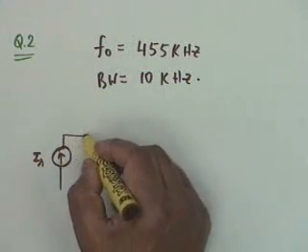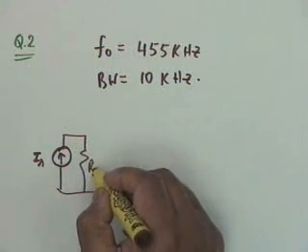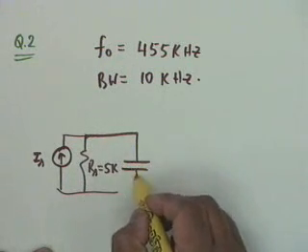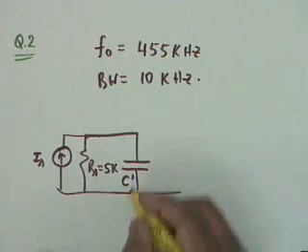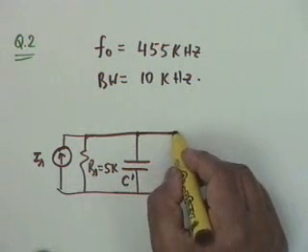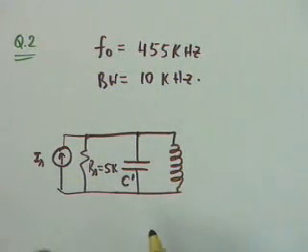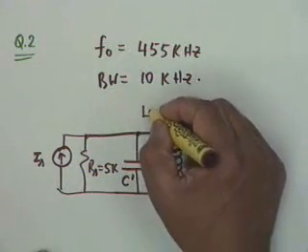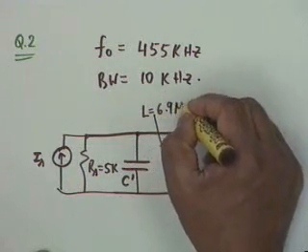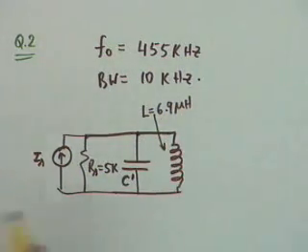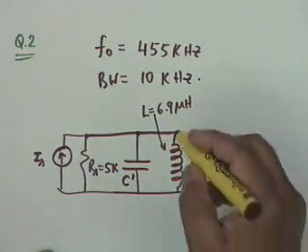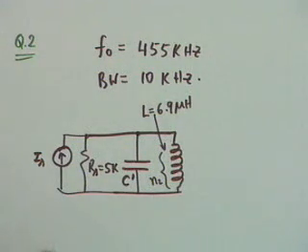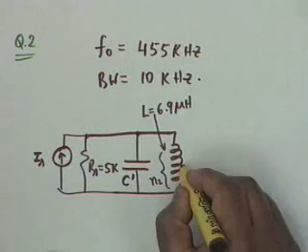Is, and Rs is found to be 5K, an external capacitance C prime, then a coil whose inductance is 6.9 microhenry, the same as in the previous case, and let's say the number of turns here is N2. Number of turns is N2. Then you take a tap from here,